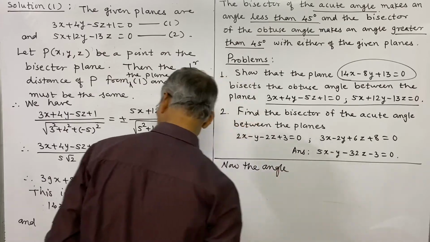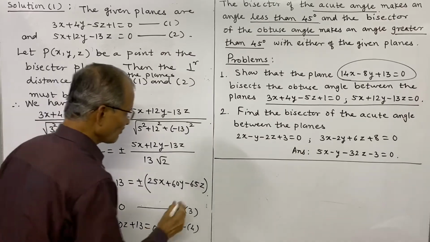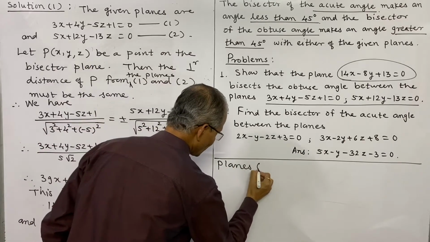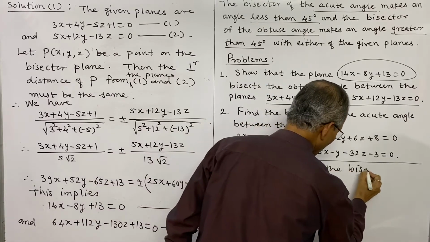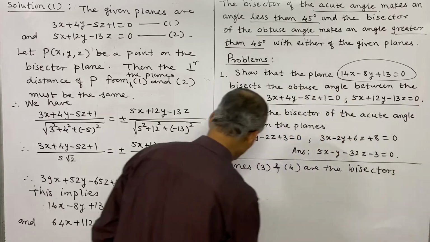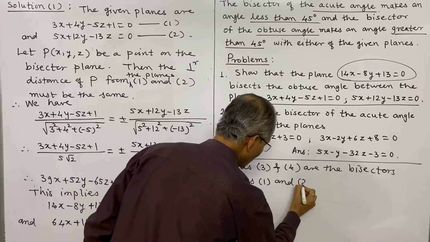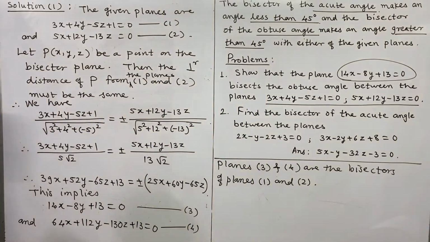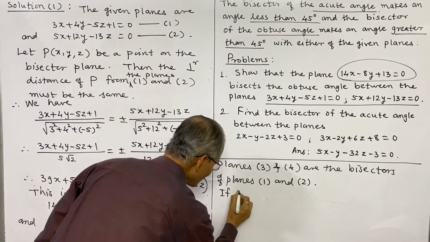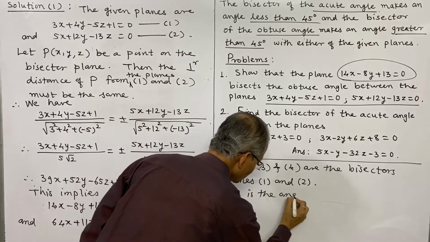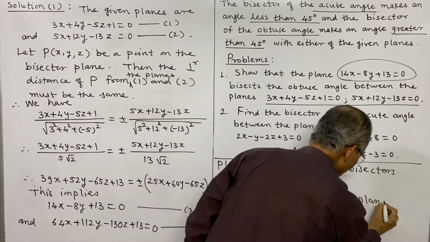So we must first mention that planes 3 and 4 are the bisectors of planes 1 and 2. Now we shall find the angle between plane 1 and 3. If theta is the angle between planes 1 and 3,